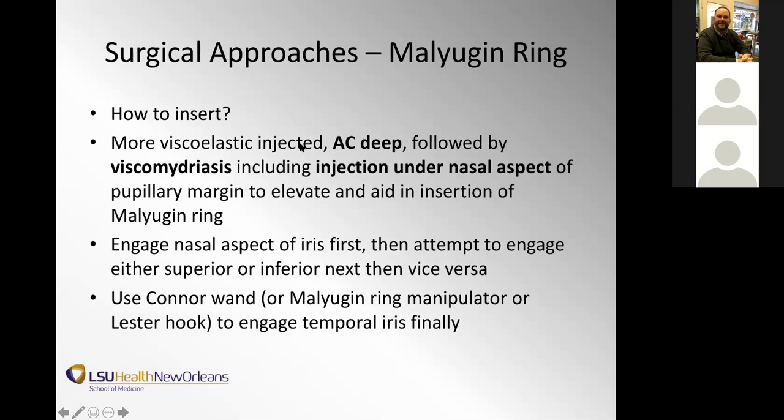And a great tip that Dr. Kirshner taught me about was to inject under the nasal aspect of the pupillary margin with a little bit of Viscoat before you inject the Malyugin ring, so that way it's kind of elevated and right there, so you can easily engage it nasally with the Malyugin ring. So engage the nasal aspect of the iris first, then attempt to engage either the superior or inferior next, whichever one is easier to come by,